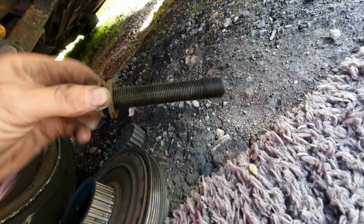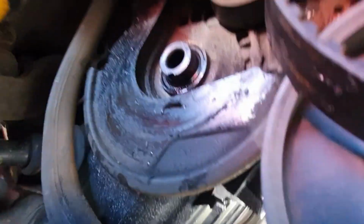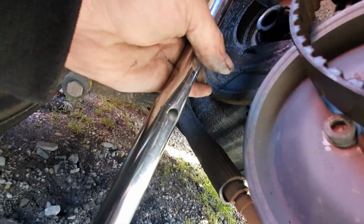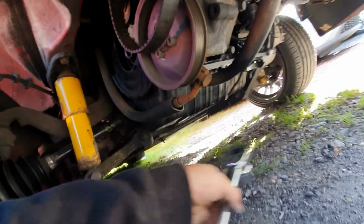That is the actual crank pulley bolt, massive. Also, that is a 27mm, so a bit of a big boy. All I ended up doing is I got my crack bar, put it on, and at the end, this is an old torque wrench, I put that at the end of it, raised the van up a bit more, and then as I lowered it, it basically just turned it, and then I was underneath and just gave it a quick pull, just broke it loose. So now that is all out,